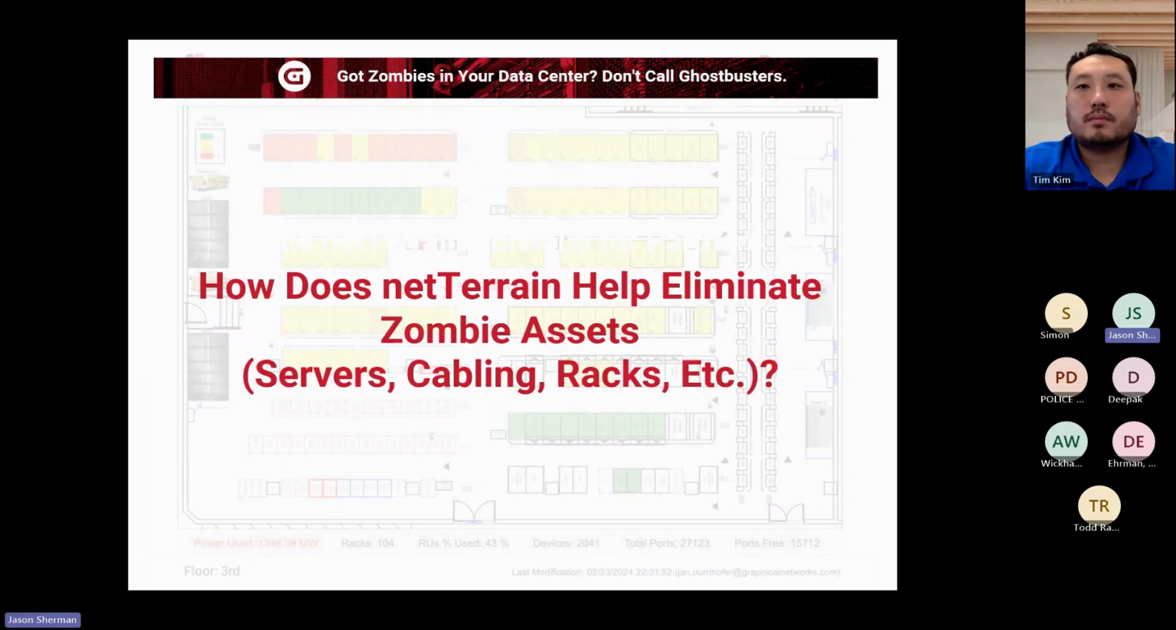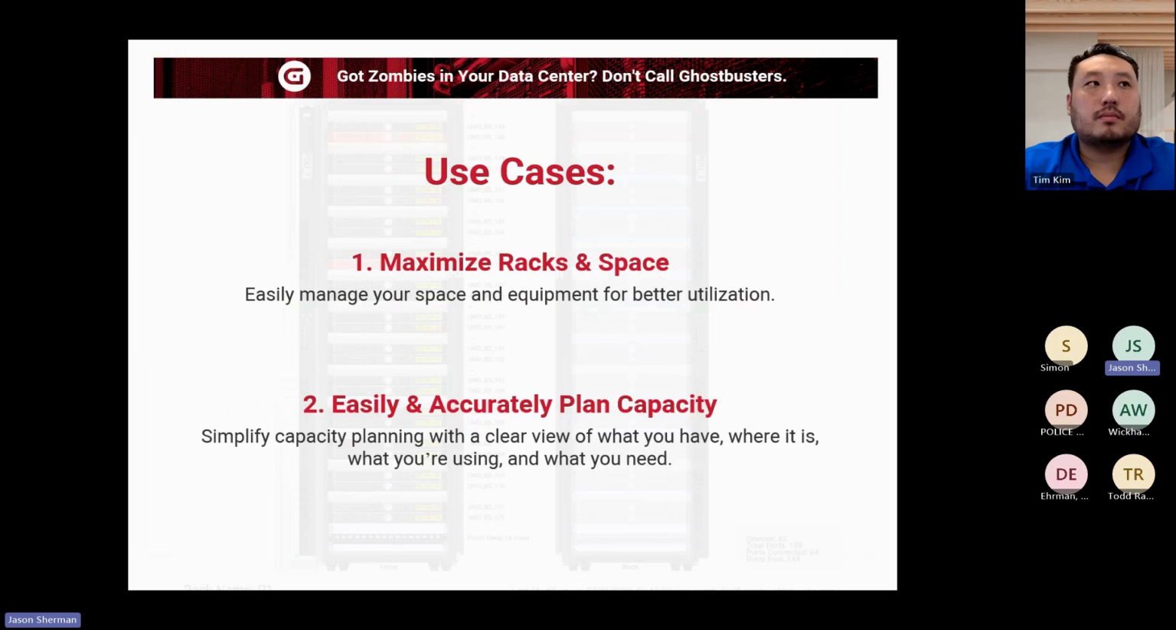So how does NetTerrain help eliminate zombie assets, servers, cabling, racks, etc.? Use cases: maximizing racks and space, easily managing your space and equipment. One of the things I'll be showing is rack and stack, rack elevations, DCIM-type stuff. How does that help you? Well, one, you can get into reporting, see what you have and where it is. Also, things like doing discovery, SNMP, finding objects out there you may not be aware of, and dealing with those, turning them off, getting them out of your data center when they're not needed, which gives you rack capacity back, power back,